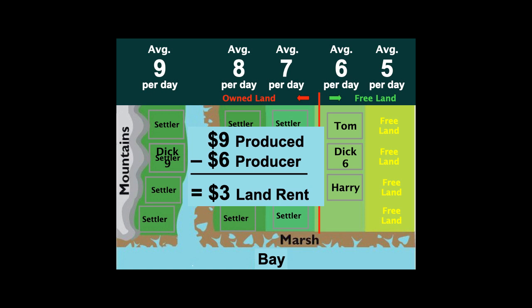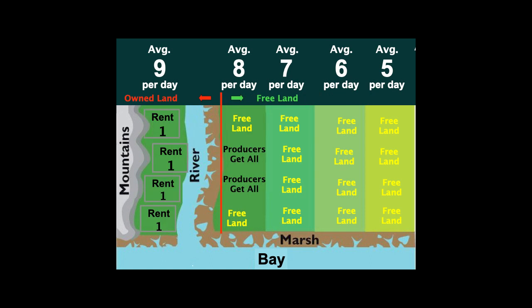Now, just to review it, if there's free land out there and it yields on average $8, $8 can be produced every day with tools and equipment. And then the producers get to keep it all. And on the 9 land, there's an advantage or a surplus of 1. And whether you rent the land to somebody else and they pay you that 1 for the opportunity to work on the superior land, or if you work on the superior land and you produce 9 instead of 8 because of the superior opportunity, we call that rent.